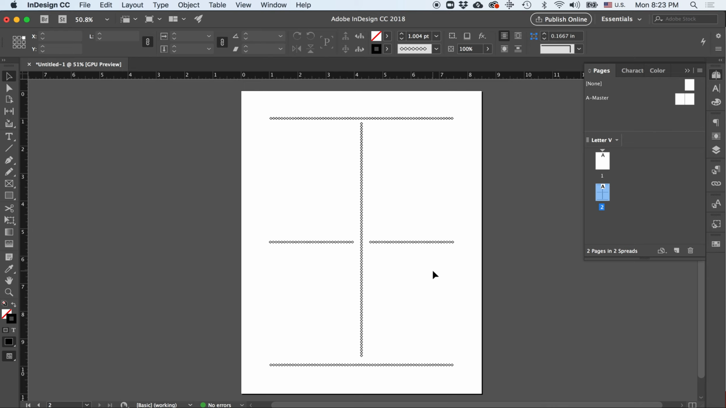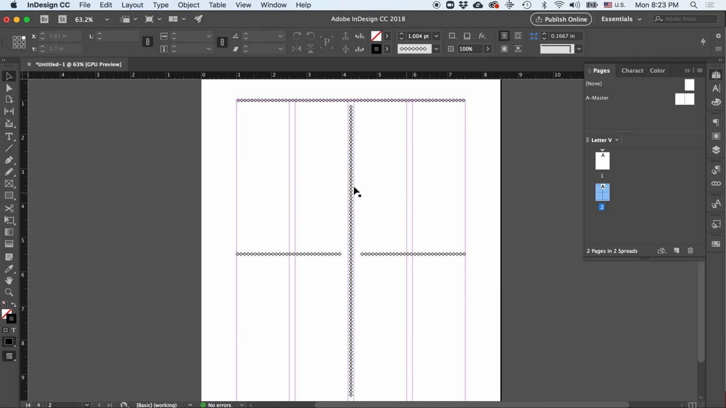I'm going to go back to my guides. I'm going to go Command semicolon again. So now I'm ready to start laying out my type. So now I can say, appetizers,